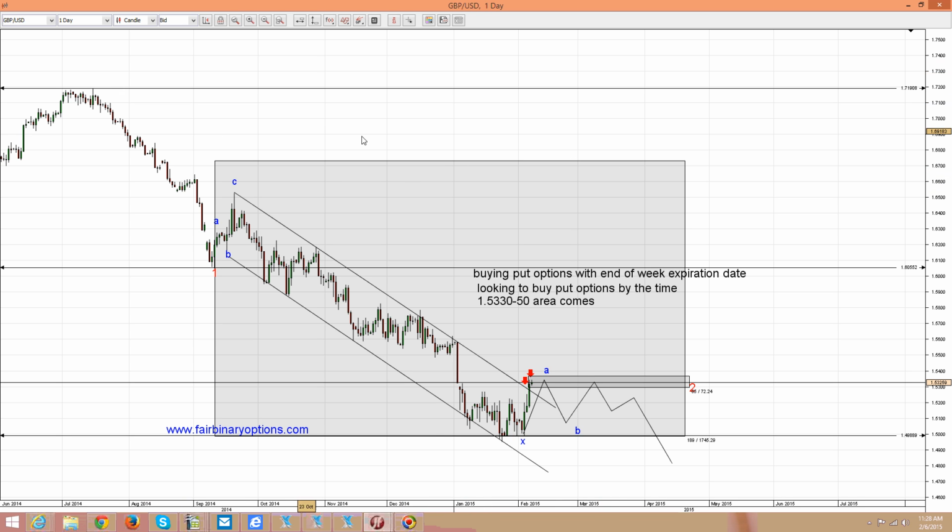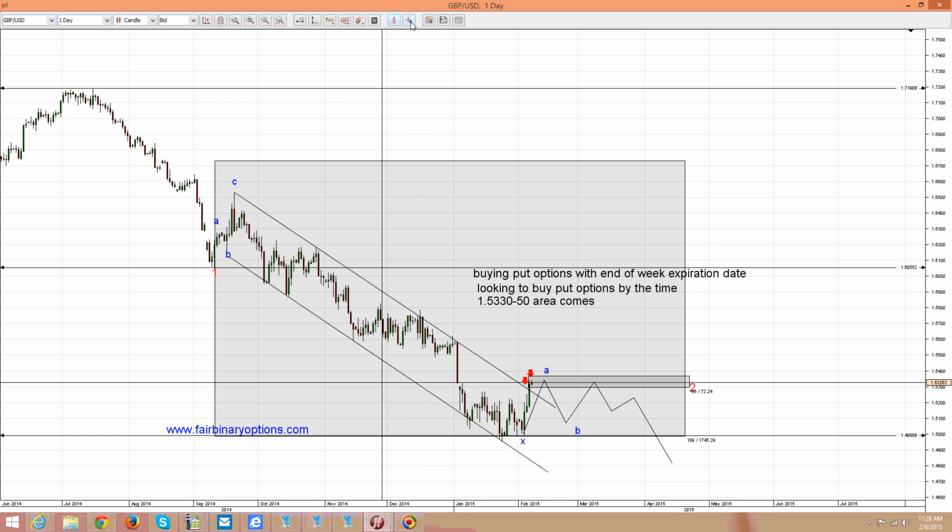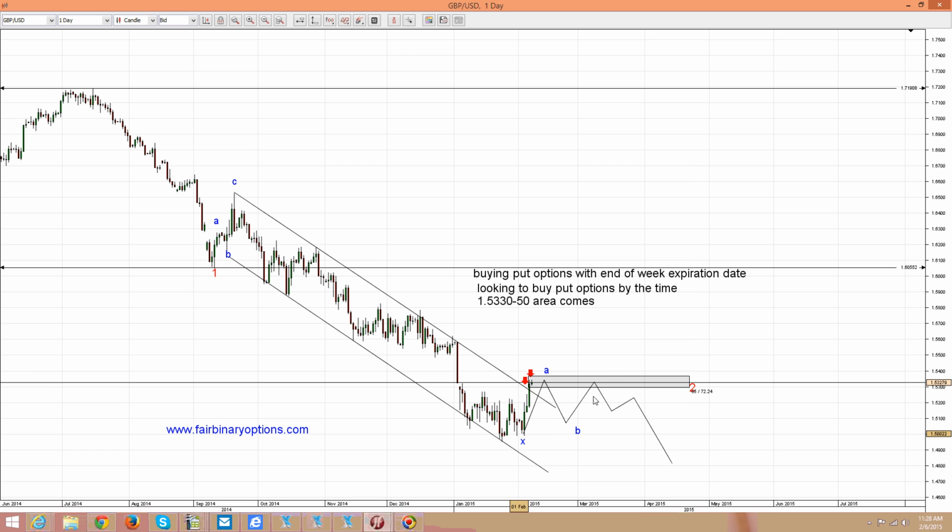Because if this was supposed to be an impulsive move, the move from here to here, then all the price action for the so-called third wave to the downside should have stayed below the 0 to 2 trend line. Now, what would be the 0 to 2 trend line? Let's assume that this was the second wave here. Try to draw a trend line from the very beginning of the move, from here to the downside,